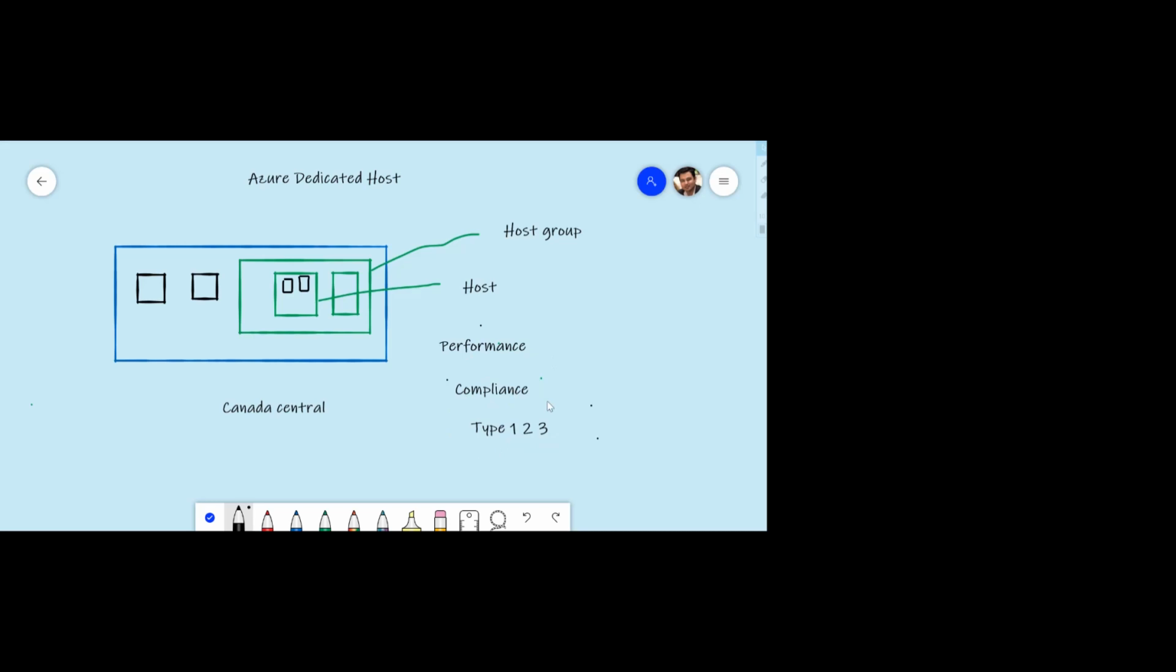So, performance and compliance will be the critical factors in case you want to use a dedicated host for your deployment. Now, from the pricing perspective, obviously it depends upon what type of host you're using, whether one, two, or three. But your cost will start applying as soon as you deploy these dedicated hosts. So cost will start the moment you deploy this host,